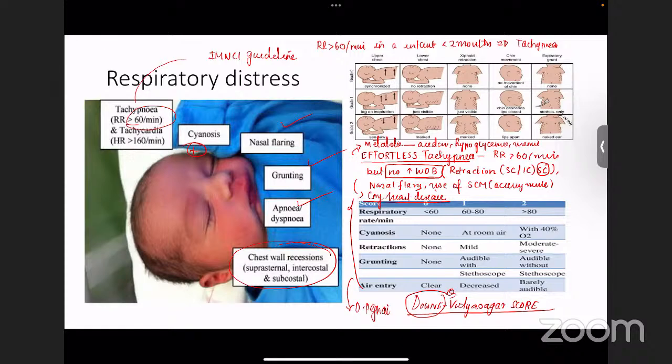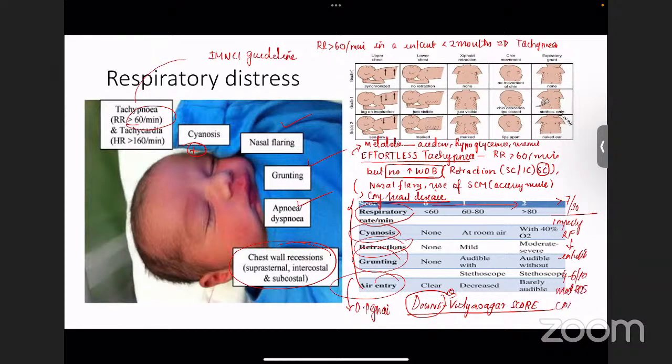So what are the parameters you see? Respiratory rate, cyanosis, retraction, grunting, and air entry. And you score 0 to 2. Any score more than 7 means the child is having impending respiratory failure, and you have to intubate and mechanically ventilate the child. If the score is between 4 to 6, the child is having moderate respiratory distress,